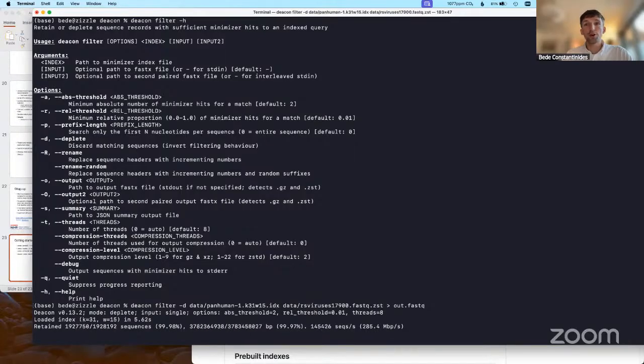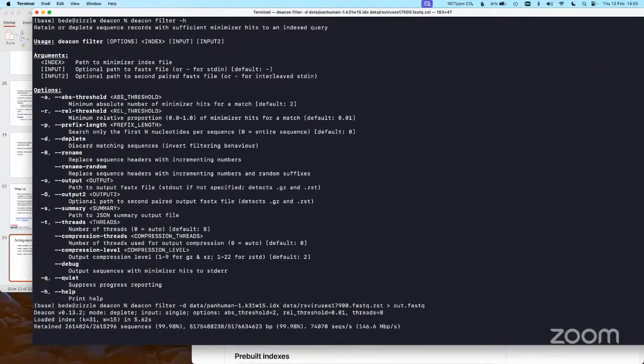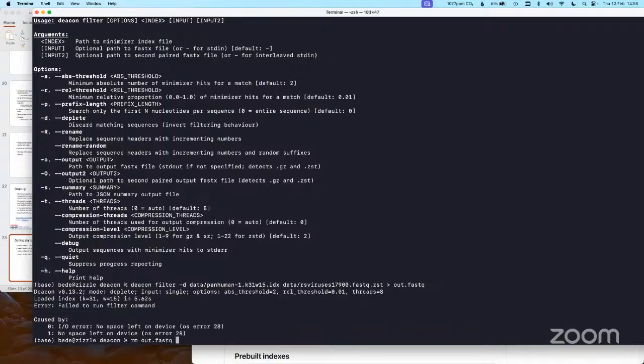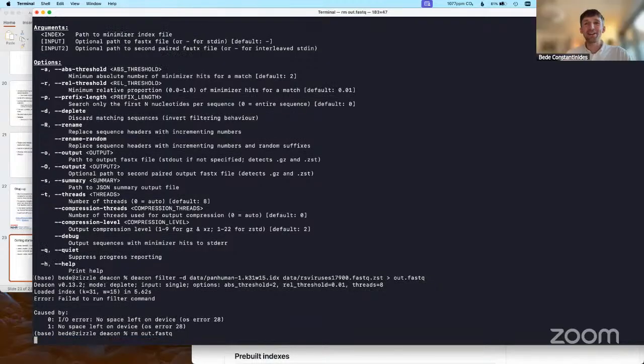I'm hoping I've got enough disk space. I'm actually worried that's why it's slowing down, because I've got very little disk space left. But this is now writing our output. Yes, I think it's slowing down because I'm running out of disk. I didn't think of that. It's fine. Okay, so we've got confirmation. I'm going to delete that before my computer crashes. That would have been a great ending to the call.